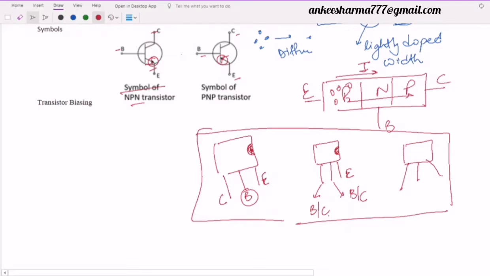So what is transistor biasing? You have studied that biasings are nothing but the DC signals that we provide to any semiconductor for its operation. We have seen that if we have a silicon diode, then we definitely want our biasing signal to be greater than 0.7 volts, and in the case of germanium we want it to be greater than 0.3 volts. What is the reason behind that? Because we want to overcome the potential barrier.